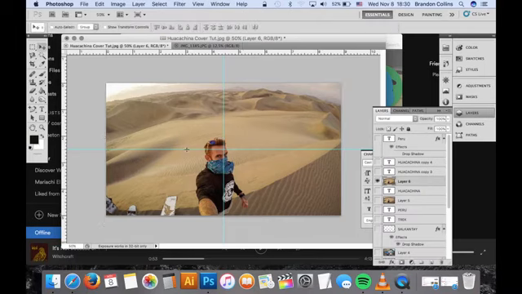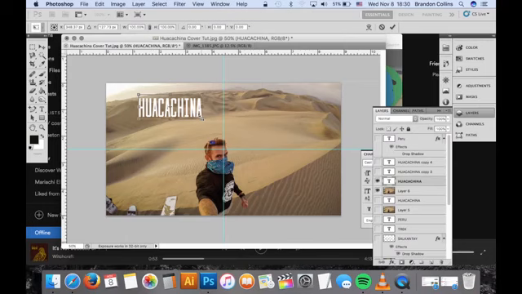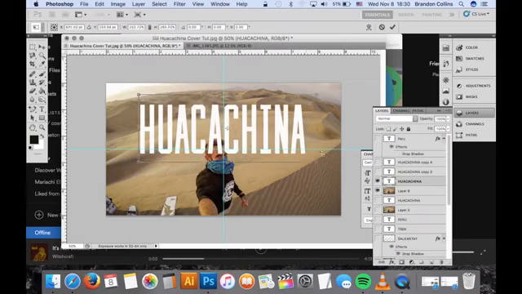All right, and I know I'm going to put some lettering back here, so I wanted to leave this kind of open. So let's do some lettering. Let's say Huacachina, and boom. And you know, you could just do it like that, but I don't know, I think it's boring for me. So Control T, and then hold down the Shift key and just make this sucker big,